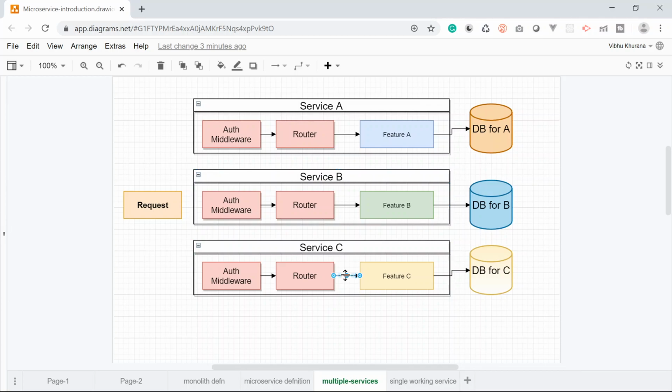The very important thing to understand is that each of these services is entirely independent and self-contained. So, service A right here has all of the code required to make feature A work correctly. Likewise, feature B and service B has its own code. Same with the case of C. It has its own middleware, router. Surprisingly, it has its own database as well.